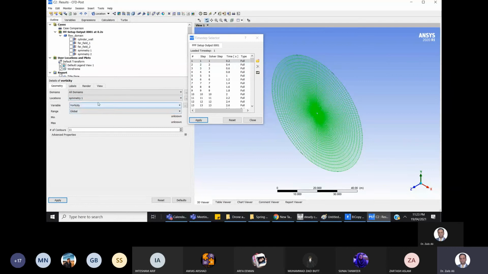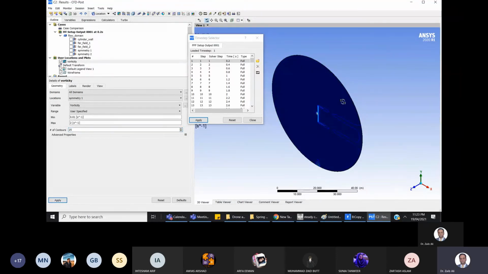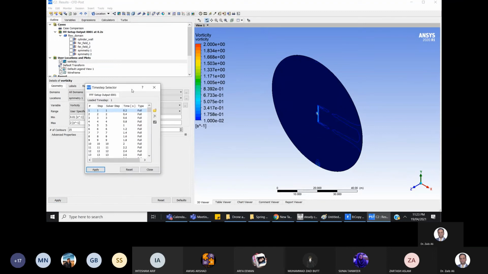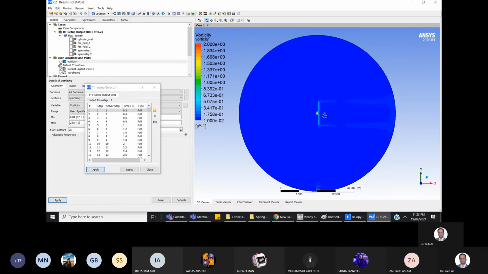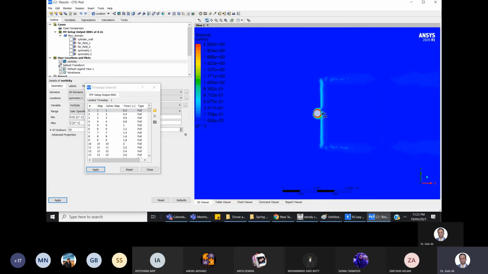Create a new contour. Variable is vorticity, location is symmetry. Okay, range is user specified in order to show it clearly. So select this range 0.01 and increase the number of contours to some high value and select apply, and change the view to XY plane. So if you zoom in,